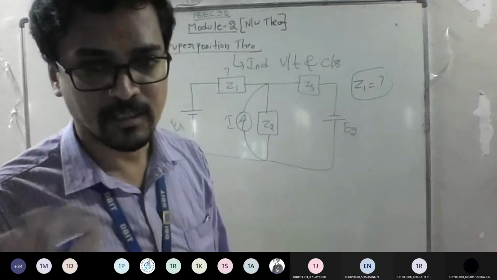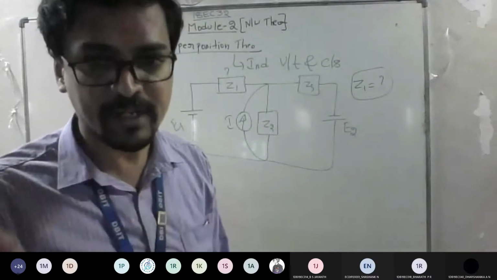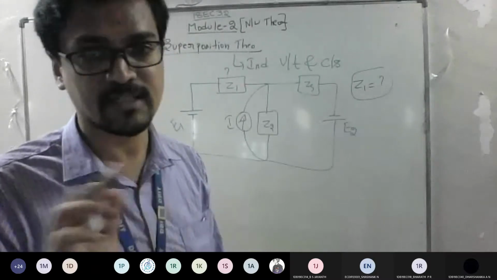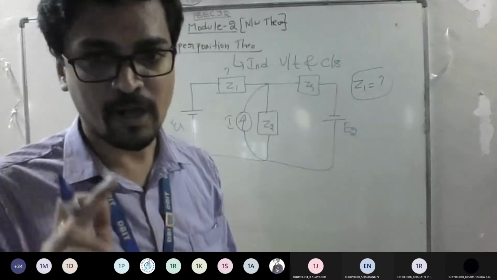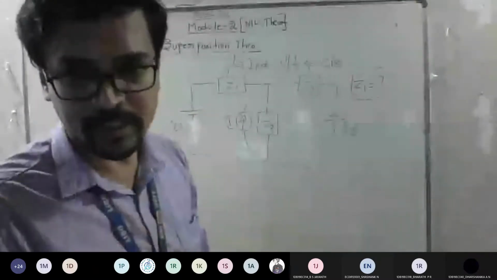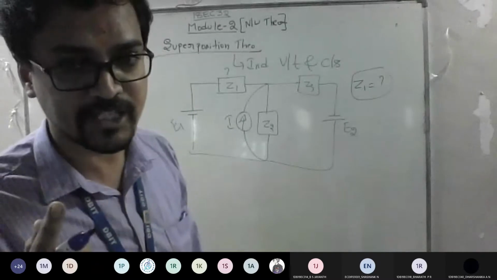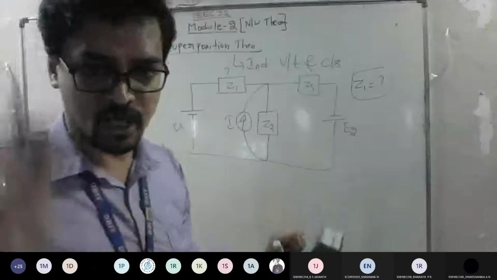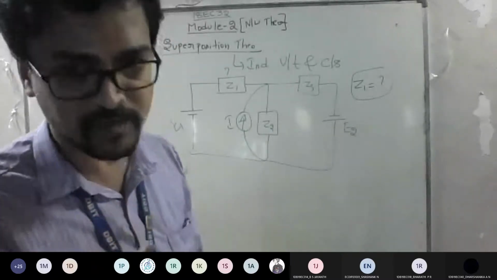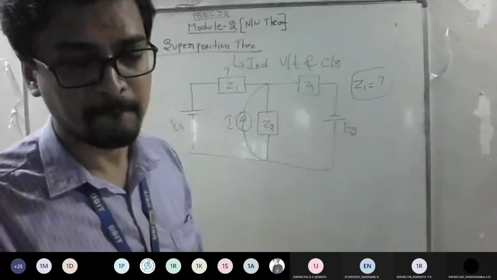I'll repeat. The procedure to solve the superposition theorem says, count the number of independent sources, including voltage as well as current. If you want to find the current across this, case number 1, activate one voltage source at a time. The remaining should be deactive. If voltage is there, short circuit. If current is there, open circuit. Am I clear with this point, everyone? Yes, sir.